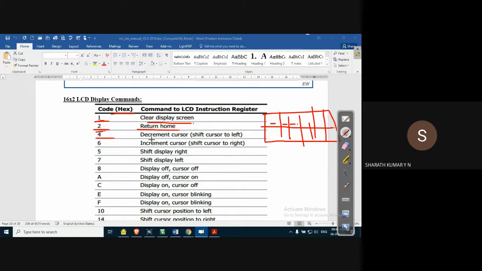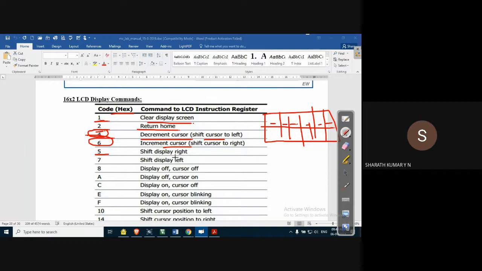Code 4 is to decrement the cursor, that is, to shift the cursor towards the left side. Similarly, command 6 is to increment the cursor, that is, to shift the cursor towards the right side of the LCD display, to display new characters.